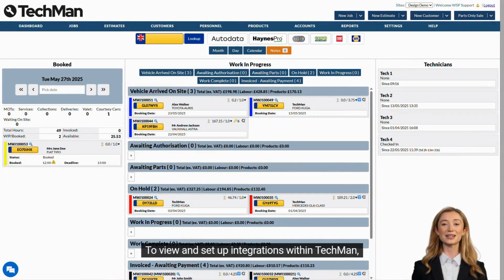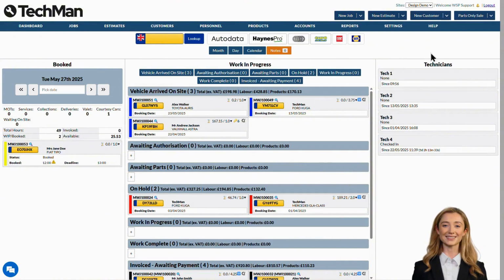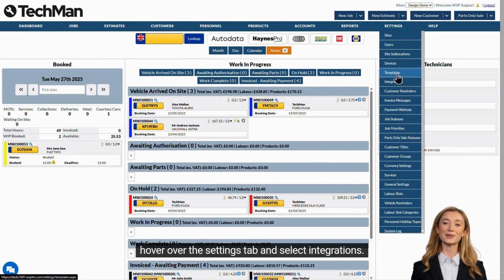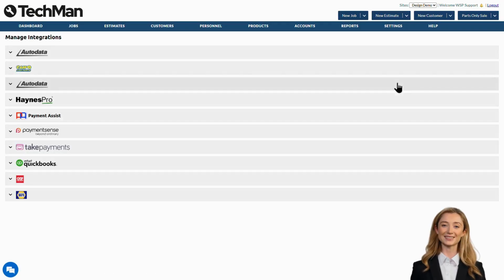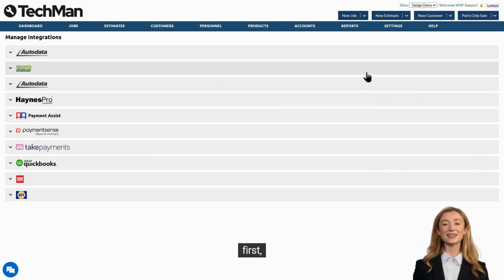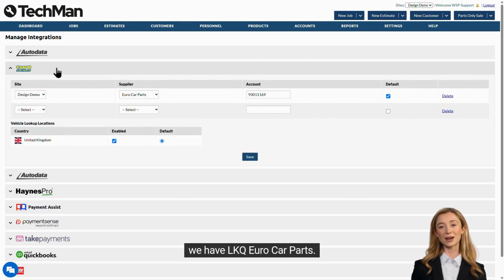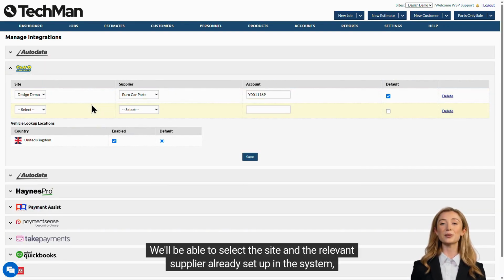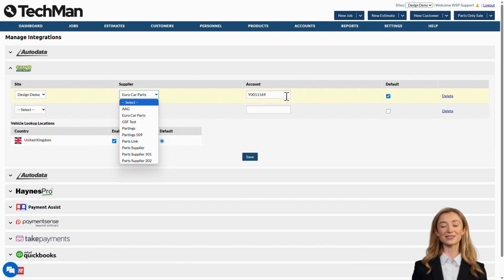To view and set up integrations within TechMan, hover over the Settings tab and select Integrations. Let's start with supplier integrations. First, we have LKQ Euro Car Parts. We'll be able to select the site and the relevant supplier already set up in the system, then enter the